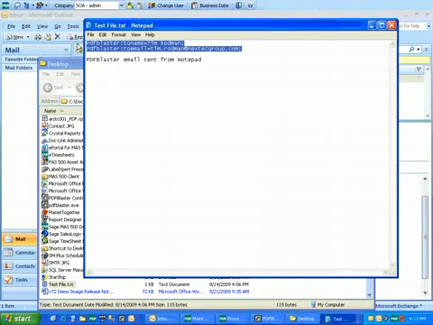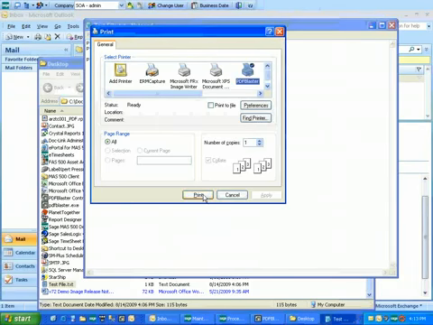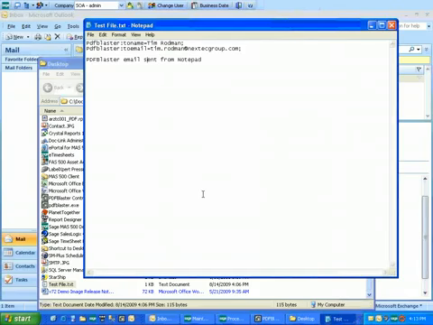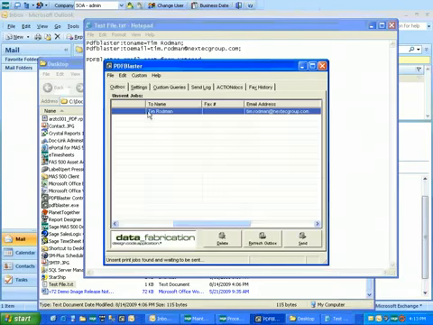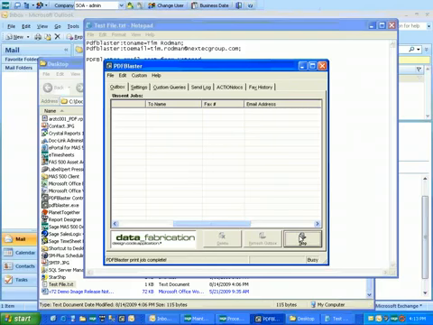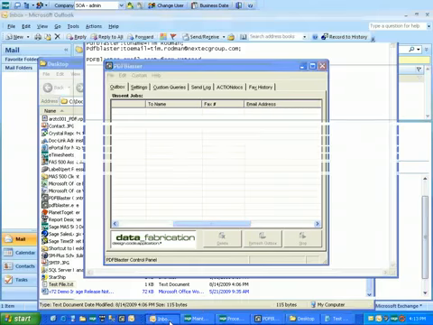There are also other strings available that I did not include in this text file, such as a document number or other information about the document. If I were to print this to PDFBlaster, you'll notice that it takes the name from the name in the file here, the email address from